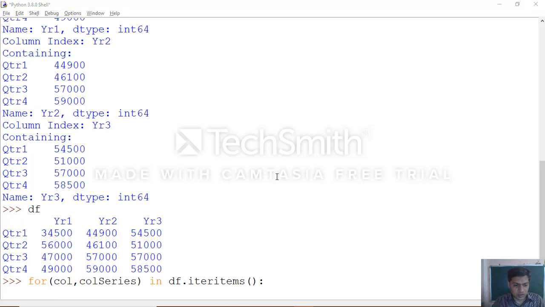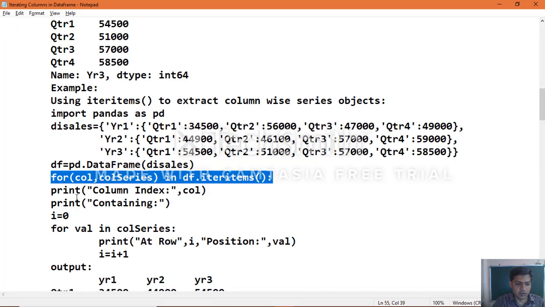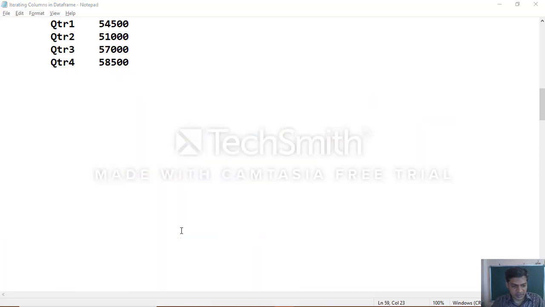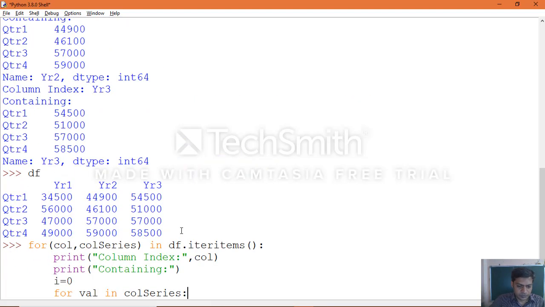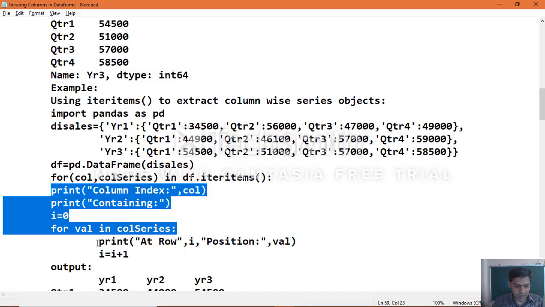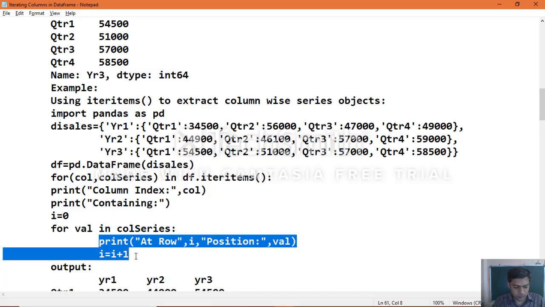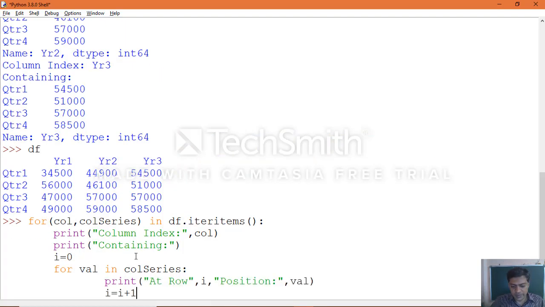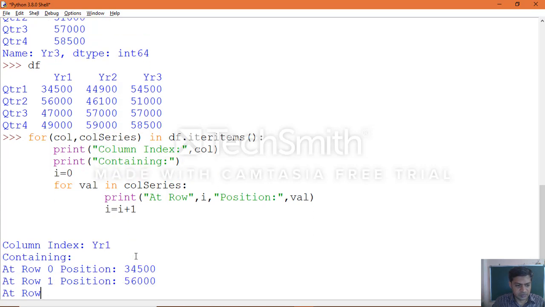Here there are two for loops when we are working with position wise data accessing. The outer for loop is the column increment and the inner for loop statements increment the row value, that is the row incrementation.